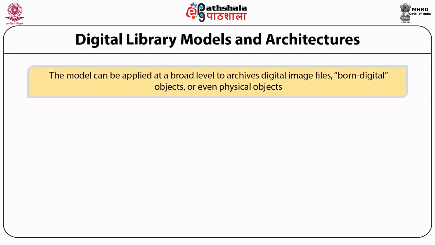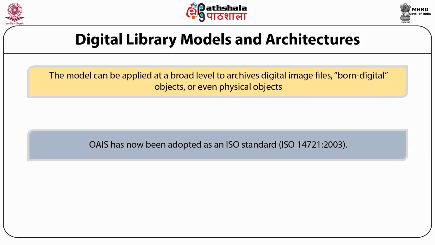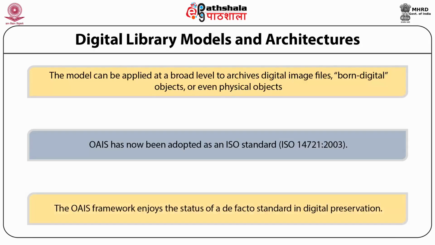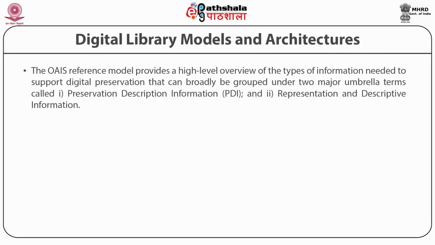The model can be applied at a broad level to archive digital image files, born digital objects, or even physical objects. OAIS has now been adopted as an ISO standard, that is precisely ISO 14721:2003. The OAIS framework enjoys the status of a de facto standard in digital preservation. The OAIS reference model provides a high-level overview of types of information needed to support digital preservation that can broadly be grouped into two major umbrella terms called